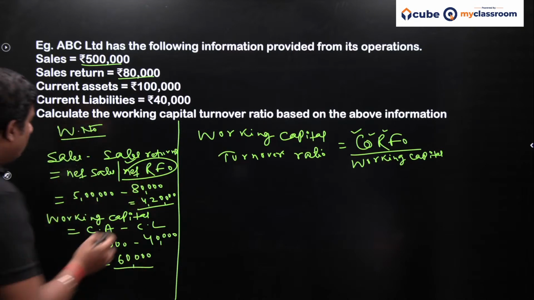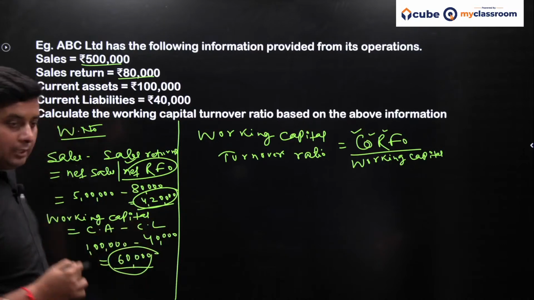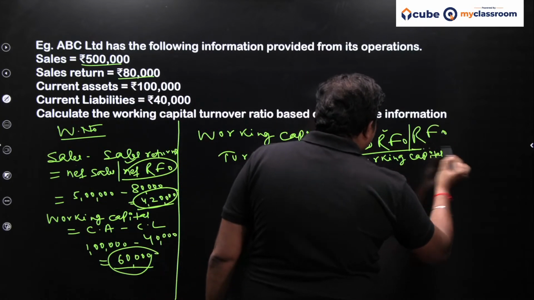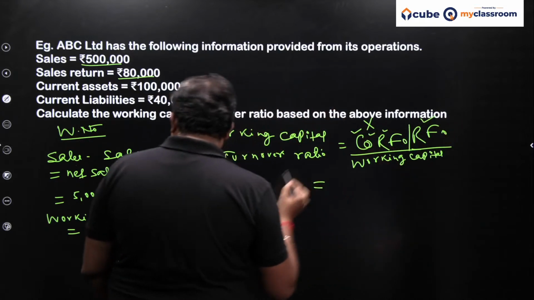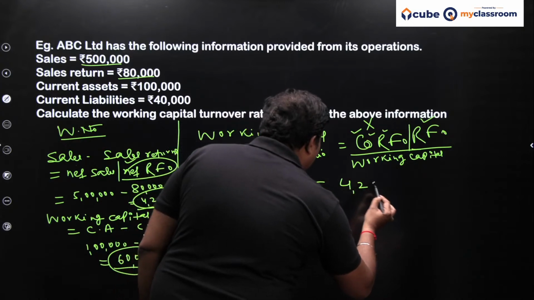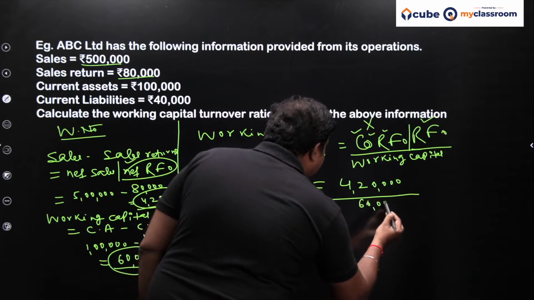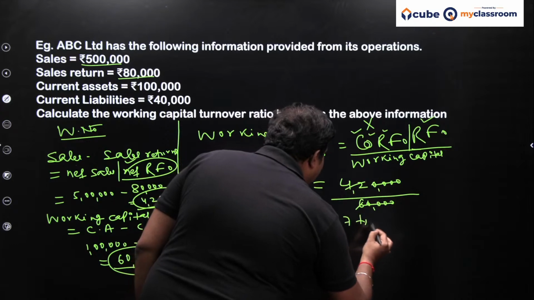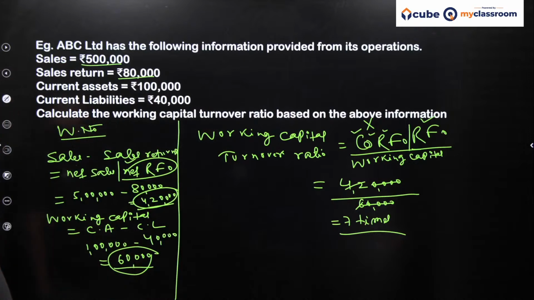So we got to know about the net revenue from operation and working capital. Here I can use the formula CORFO upon revenue from operation. Since CORFO is not given, I can take the help of revenue from operation, and here revenue from operation is rupees 4,20,000, which we have just calculated, and working capital is 60,000. So the answer would be 7 times. I hope you understand this. Okay, so now moving to the next ratio,